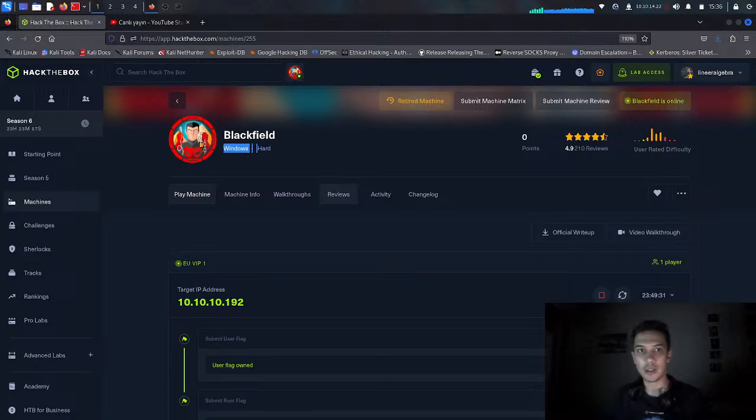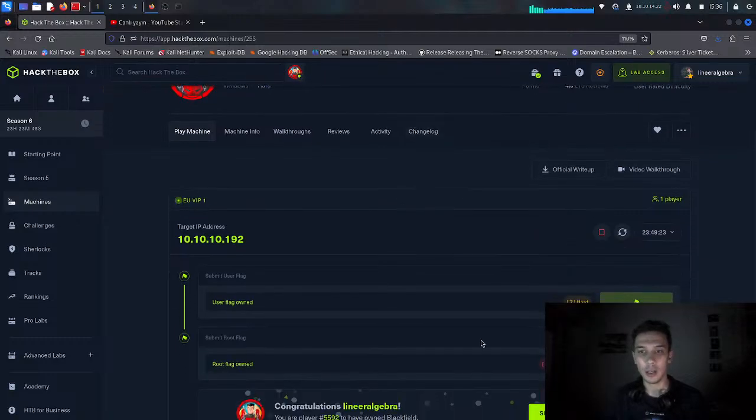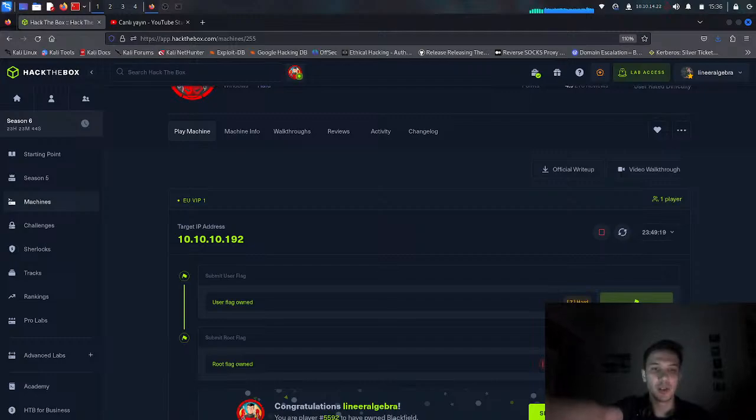I remember there's something different, like AS-REP requests. The start will be easy, but after that I think it's going to be hard. This was the first machine I solved from Hack The Box, so let's get started. Let's check